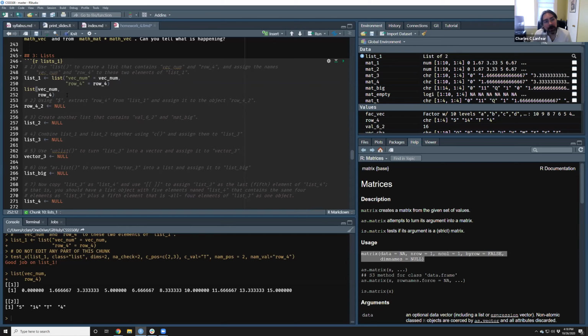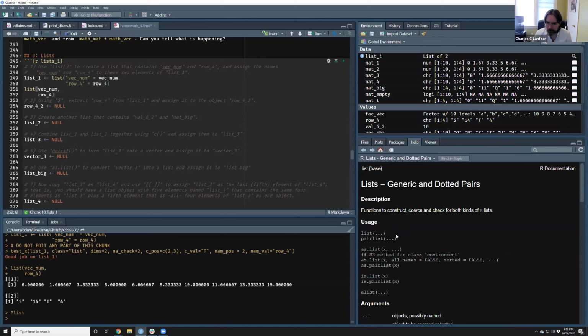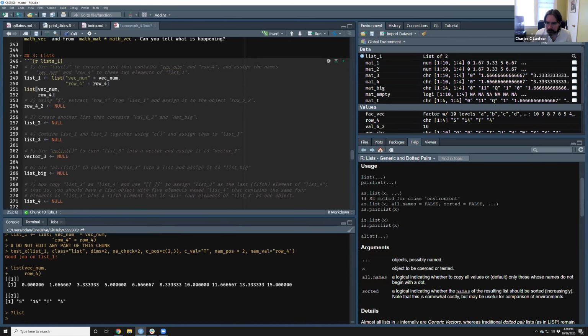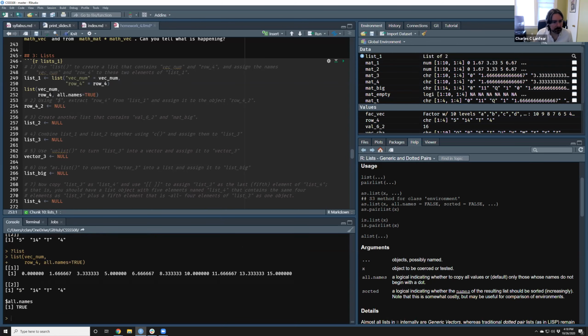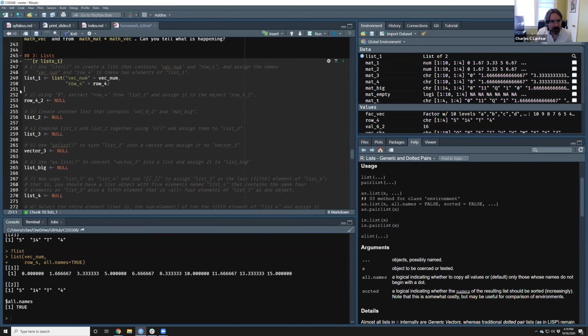I feel like there is a way to automatically do it. Will that do it? Nope. Okay. I don't think there is a way with the base list function to automatically give the names.